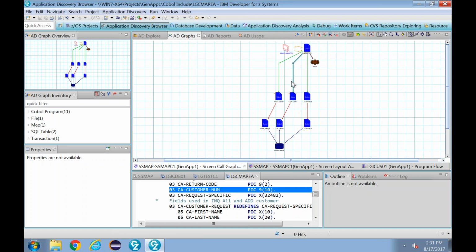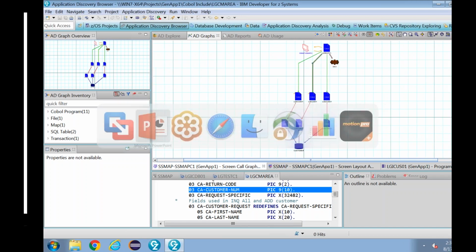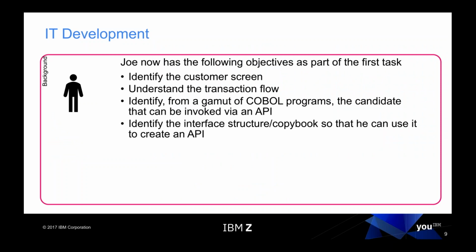In addition, he's also found out the interface structure that can be used for the API. So this completes Joe's objectives, which is to identify what can be exposed as an API.